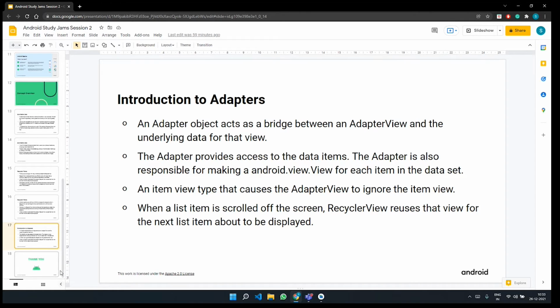So you have the headlines and also the news description, and you want to get this description so you can reference it to make it visible on the screen. getItem would get the data item associated with a specific position in the data set. Each of those news articles will have a specific position mentioned in the data set, so adapters would fetch that.